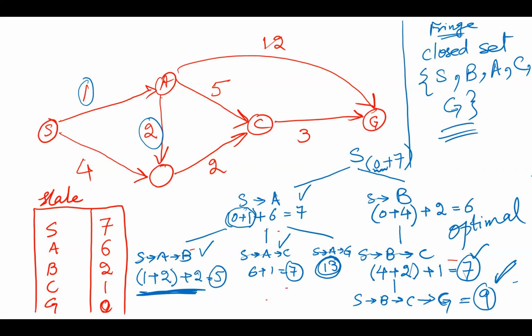Can you find anywhere else that has the path that is less than 9? Path cost. SABCG. Look, 3 plus 2 plus 2 plus 1, which is 8. You know why we have faced this problem? Exactly. So let me just have another